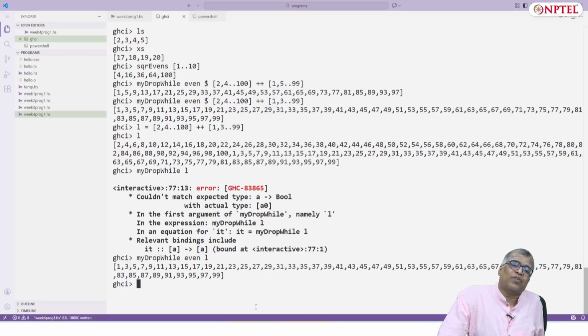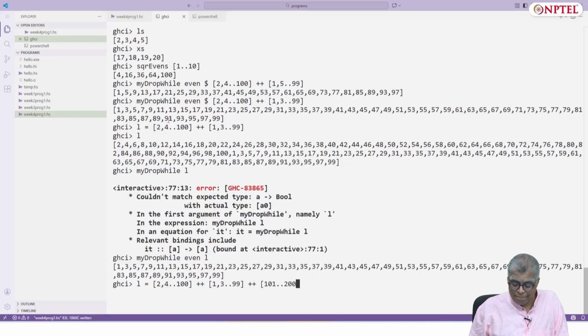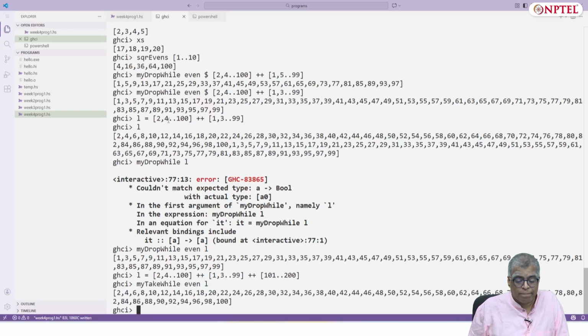That is because there is no even number later. But suppose instead I modified my L to become plus plus, let's say 101 to 200. Okay. So now if I say my take while even L, it will take all the even numbers.